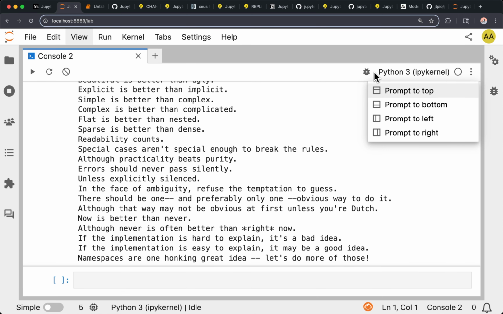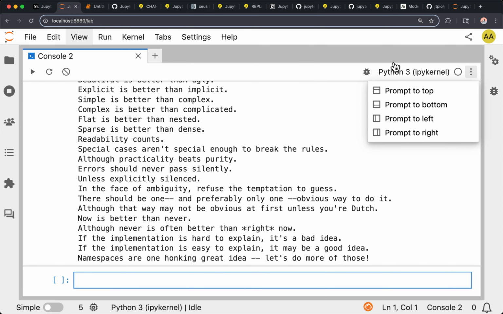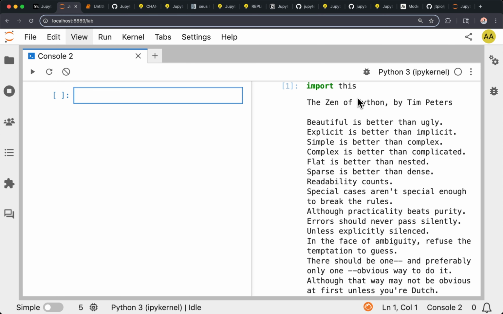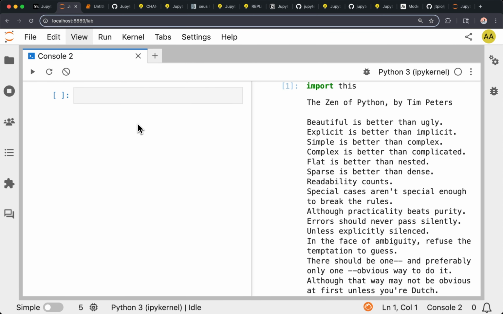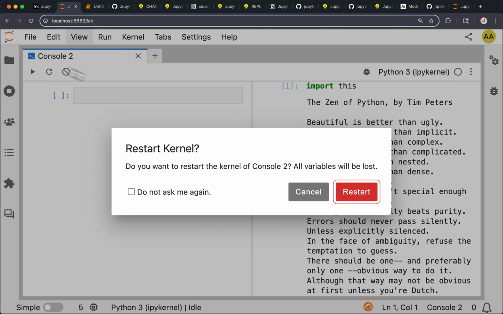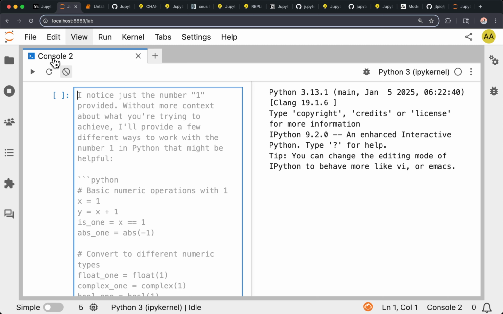And with the new version, you can move that prompt cell to the top, move it back to the bottom, to the left, or even to the right. And there are a couple more things you can do. There are a couple of buttons that were not there before. So it's easier to, for example, restart the kernel, or say if I execute a cell, I can clear it more easily. There are a couple of other features also for the code consoles, but I will show them a bit later in the context of JupyterLite, so that we don't have to spend too much time now.